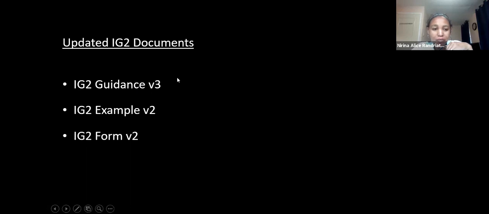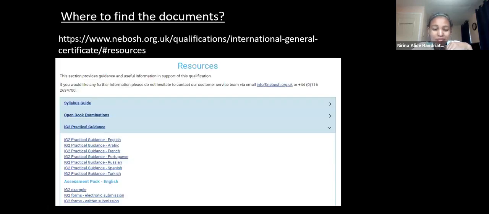So where can you find the documents? This is very important. You have to read those documents before you actually start your risk assessment. You can download it from the NEBOSH website. Just go to